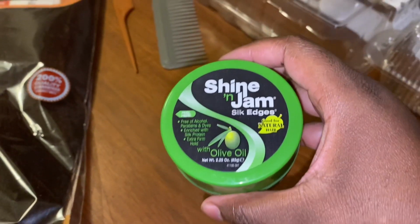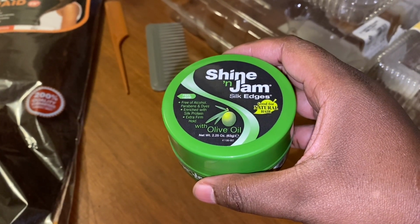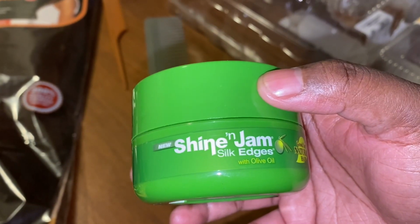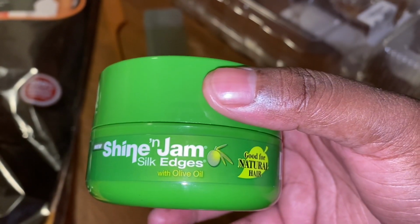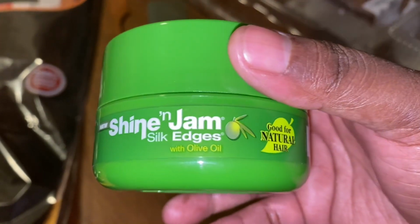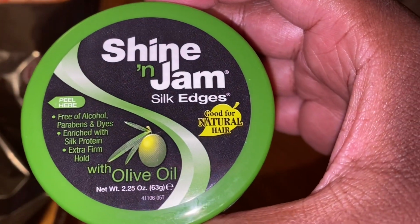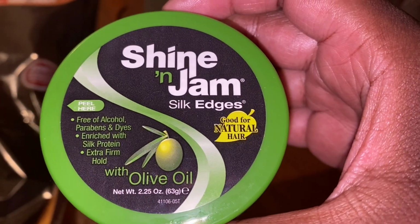You guessed it, today I am doing some hair. As you see in the title, I'm going to do some box braids on my daughter Cindy, and I'm going to use this Shine and Jam edge control to help sleek up her braids. I'm going to put it on the hair before I start braiding it. It also has olive oil in it, and it is good for natural hair. That's great because her hair is natural, and it's going to help keep these braids together as I braid them up,